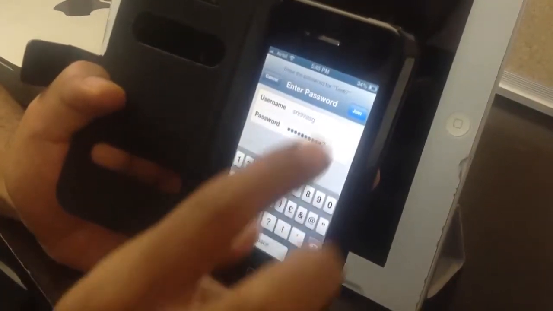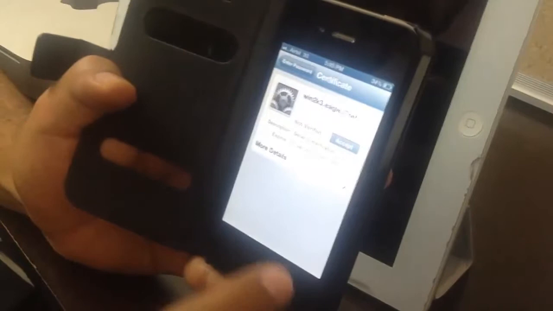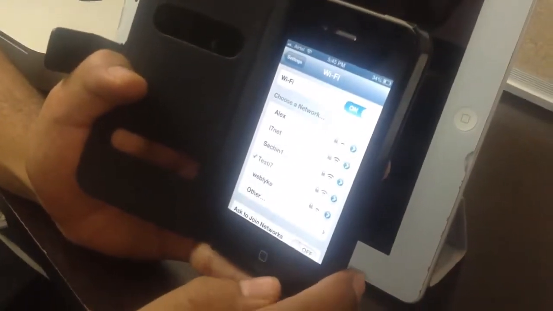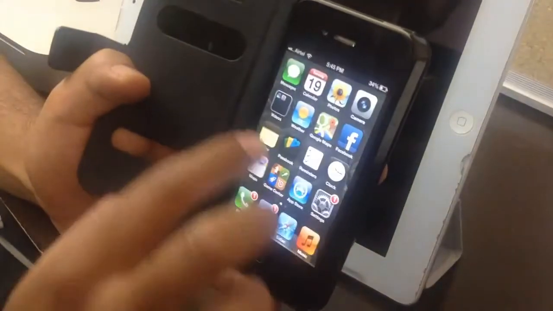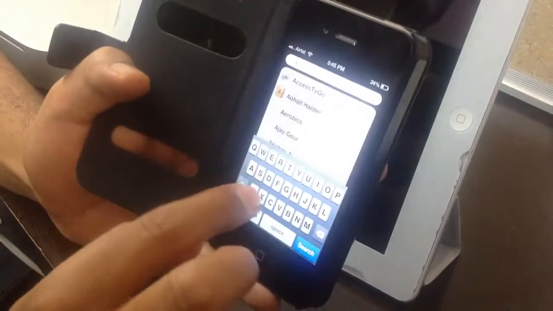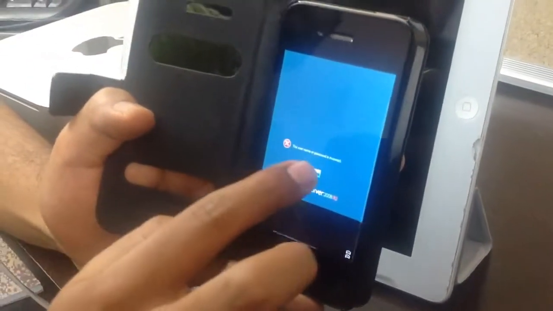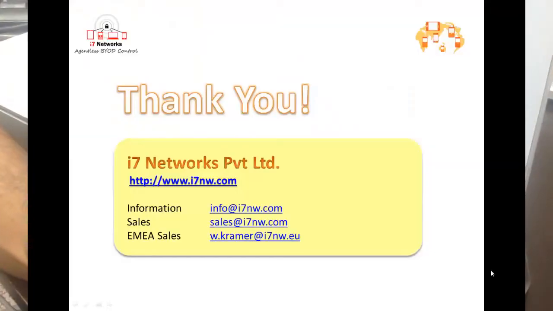Now we are logging in using the username Srinivas G, who's a manager, and let's try to repeat the experiment. Yes, you can see that the RDP connection went through.